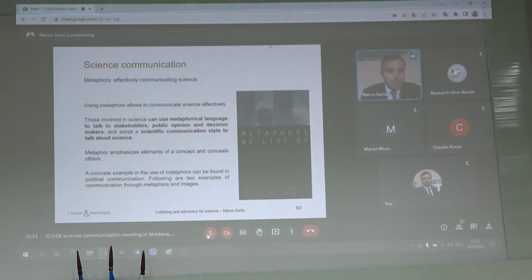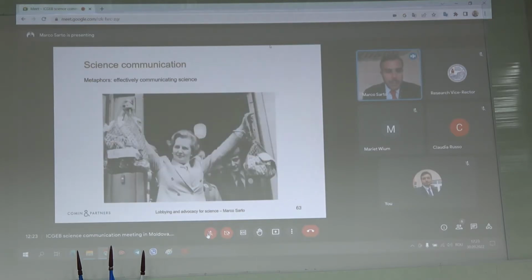With the work. So using metaphorical language to talk to stakeholders, public opinion, and decision makers is important because it is related to the adoption of a scientific communication style to talk about science. And a concrete example in the use of metaphors can be found in political communication, for sure. I just wanted to show you two main examples of good communication through metaphors and images. The first one is Margaret Thatcher, a former English Prime Minister. She was showing the effect of inflation. An image could